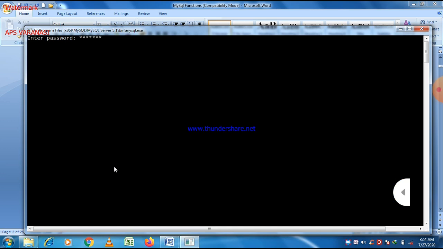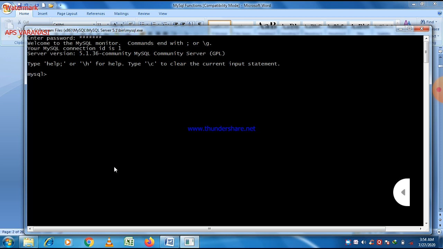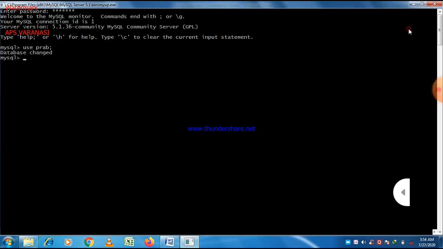First of all, let us see the output in MySQL. First of all, the password is there, and then just write the name of the database in which you want to work. Now here is prep, then database changed, you can easily see that.